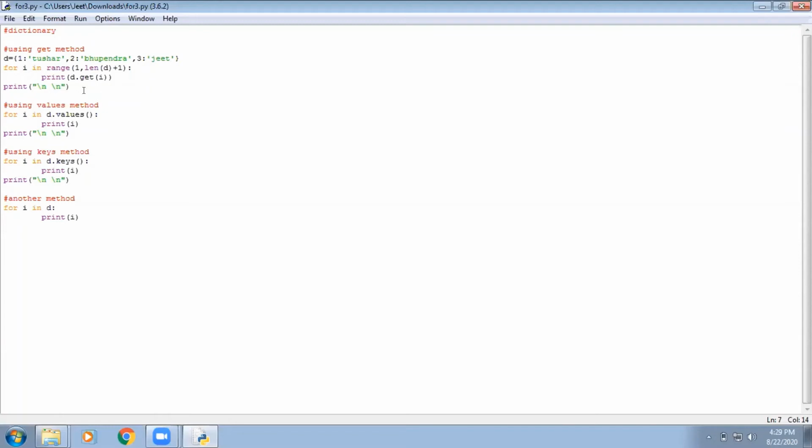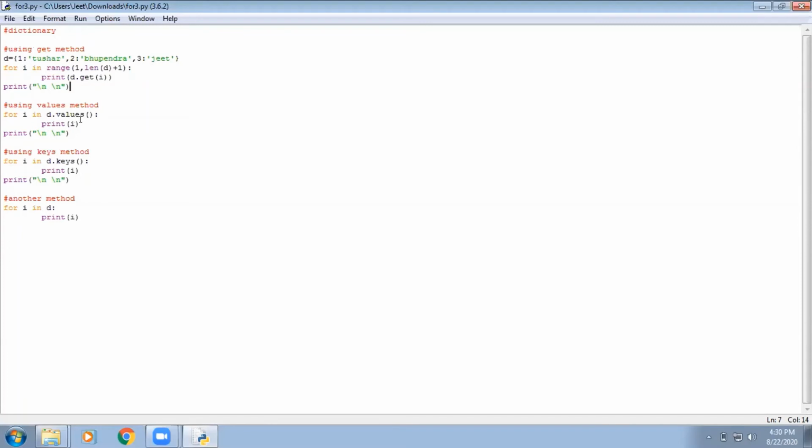And then the print statement d dot get, and in the bracket I'm passing the value of I, as over here the I will change its value according to the index values. And in get function we use the index values, meaning values for the keys, and it will be retrieving the value for that particular key. So that was all about get method.